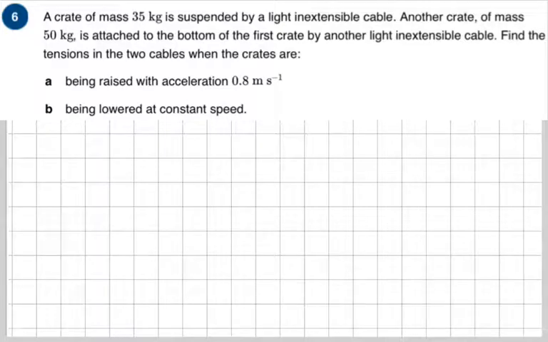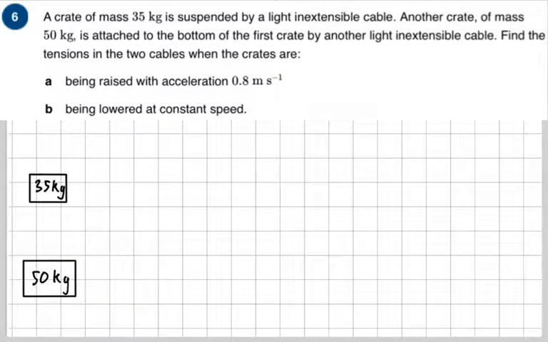There we go. So we have these two masses suspended one below the other. And we're asked about the tensions in the cables holding them up or accelerating them. Let's draw some forces on then. So we've got some pulling force holding the top one up, and